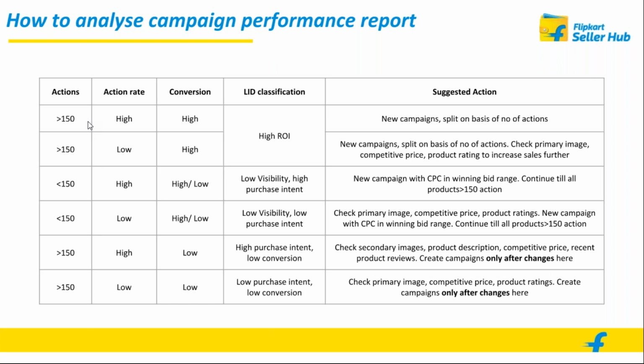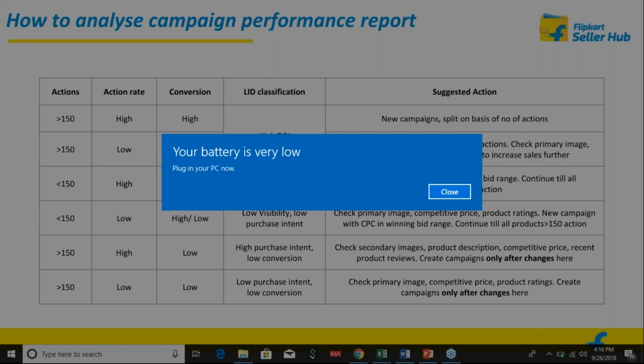But at the product level, do check and understand, follow these particular tables and understand how you need to act on it. In many cases, let's say in the previous campaign, the overall campaign was good, but for some reason the product performed better than the campaign before. Now, what we do is we take that particular campaign and we adjust the product level, right? We adjust the product level, we adjust the